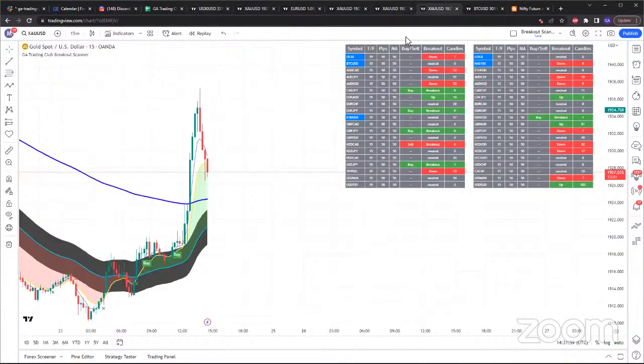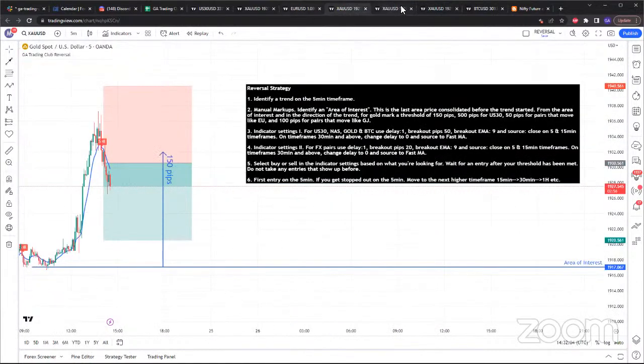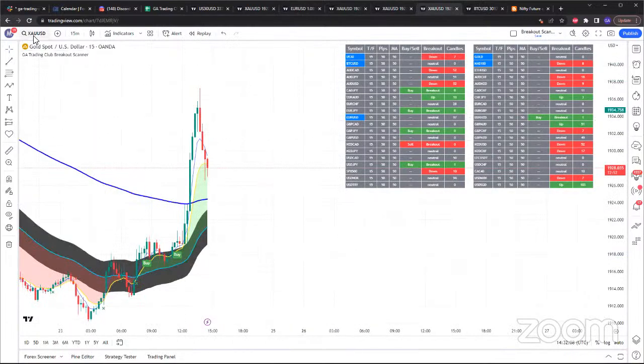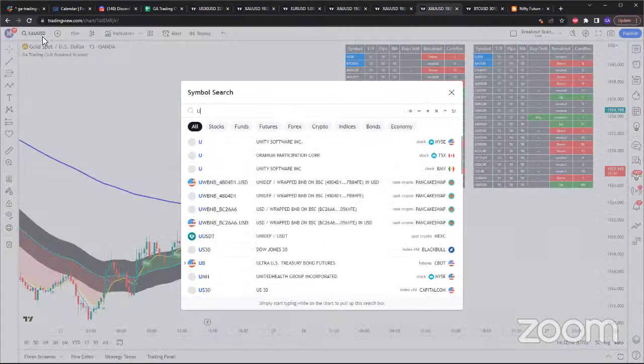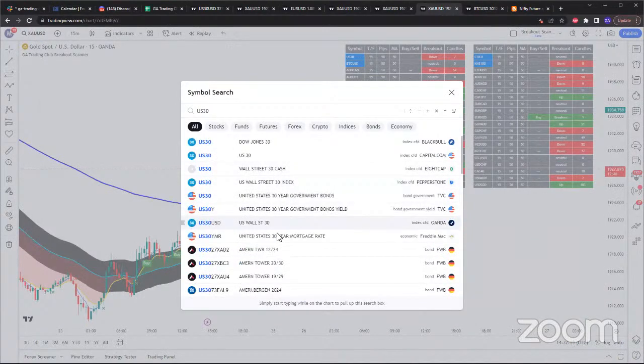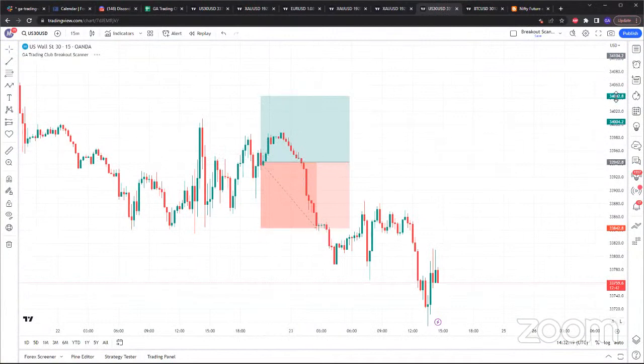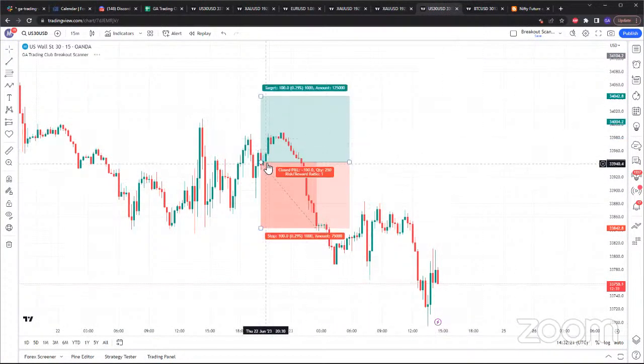For me, the reason I entered that trade was the breakout scanner right here. Where do we have the breakout scanner? Yeah, breakout scanner on US 30, right there. And that's the buy that I took. So it wasn't FOMO, it wasn't FOGI, it wasn't anything. To me, it was valid.